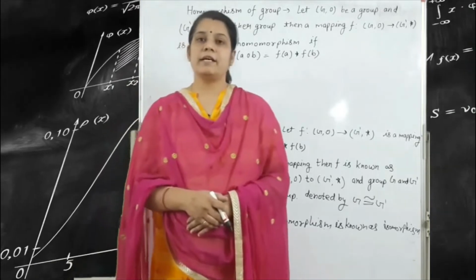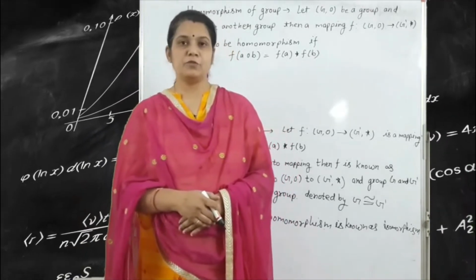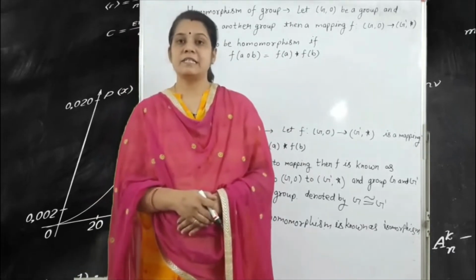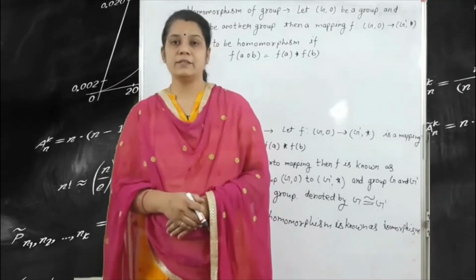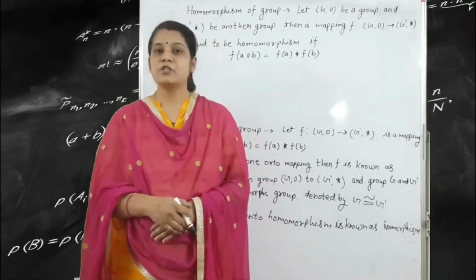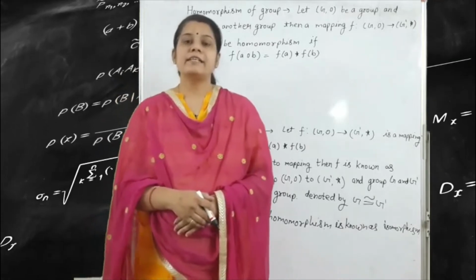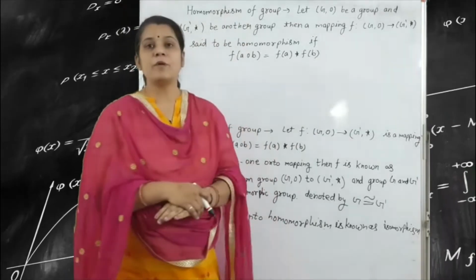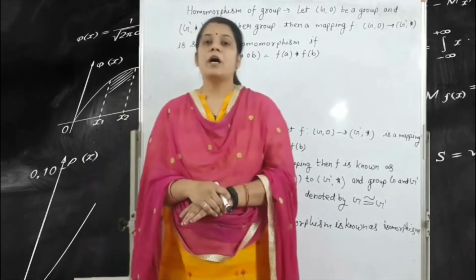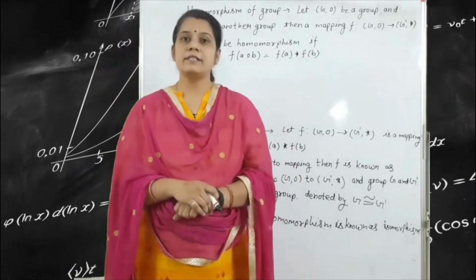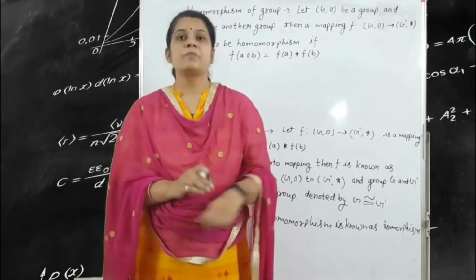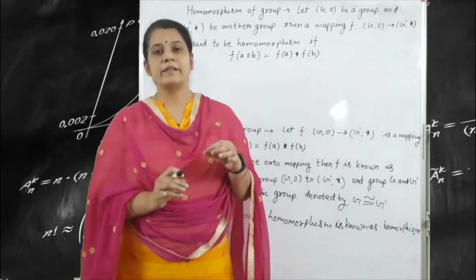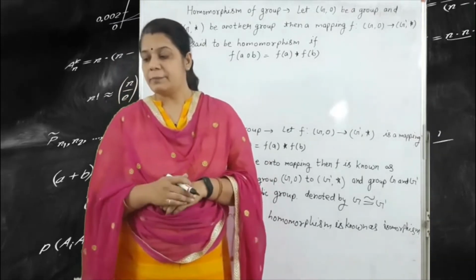Today I am going to take a lecture of discrete mathematics, chapter number 4, and the name is the algebraic structure. We have already seen in our previous lecture what is the proof, what is the abelian proof, addition modulo and multiplication modulo, and the different types of examples, just like here, this is the homomorphism of group. According to our previous lecture, we have already seen that if we find any operator with the help of any set, what is the process for finding the group and for finding the abelian group?